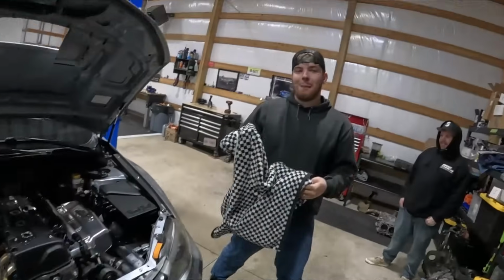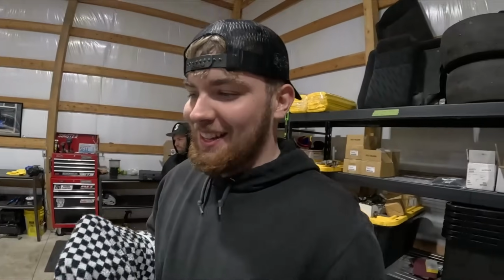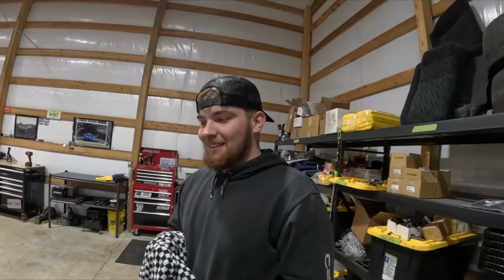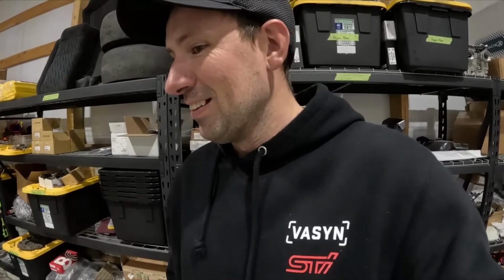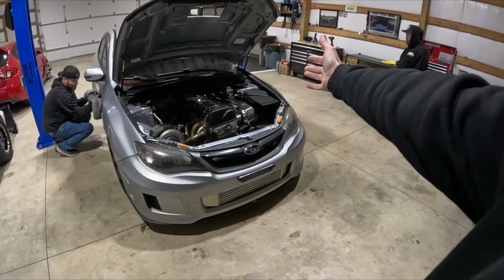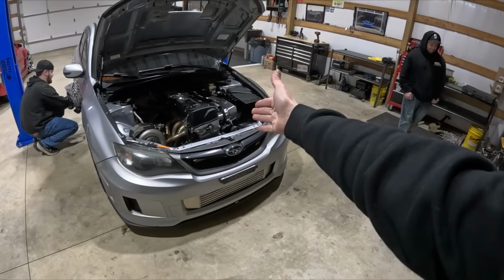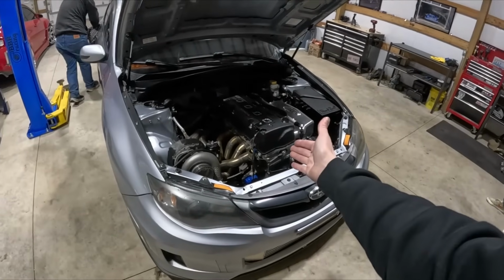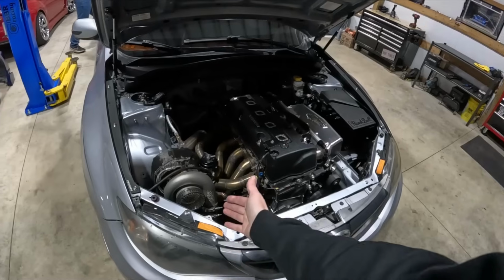For those of you guys, the tune still isn't dialed in, but she likes the built motor timing right now. It seems like Chase always has some sort of an issue we got to work through before we can actually get something done. So for those of you just checking in, this is Chase's 2013 STI. It does indeed have a Honda K24 engine in it, with our next door neighbor Strayed Fabrications turbo kit, Precision